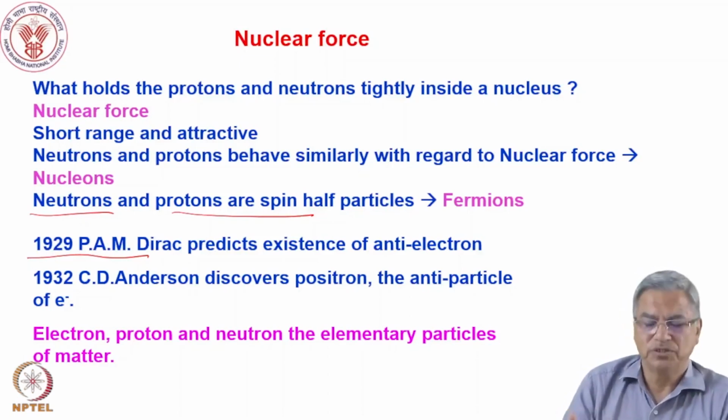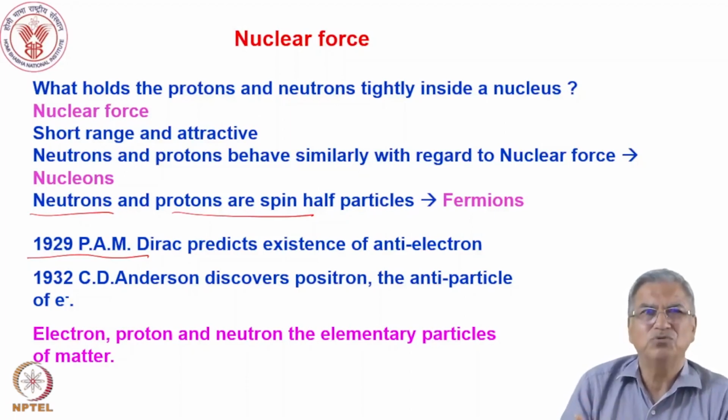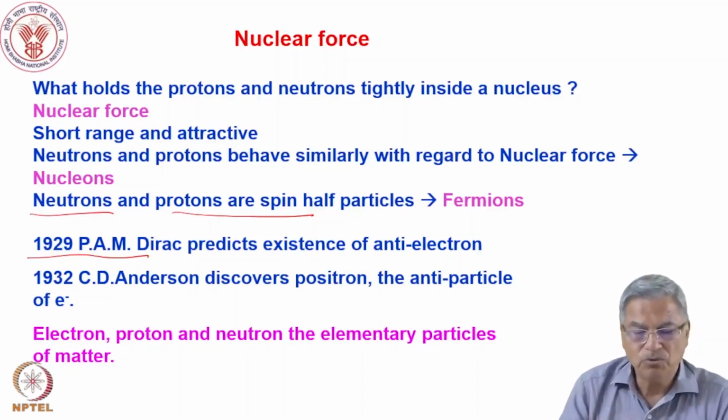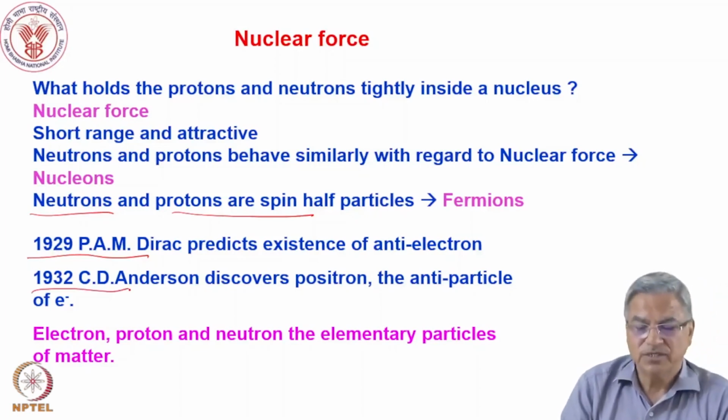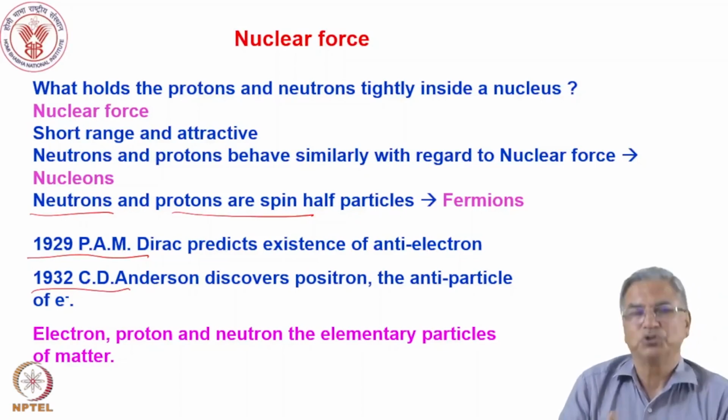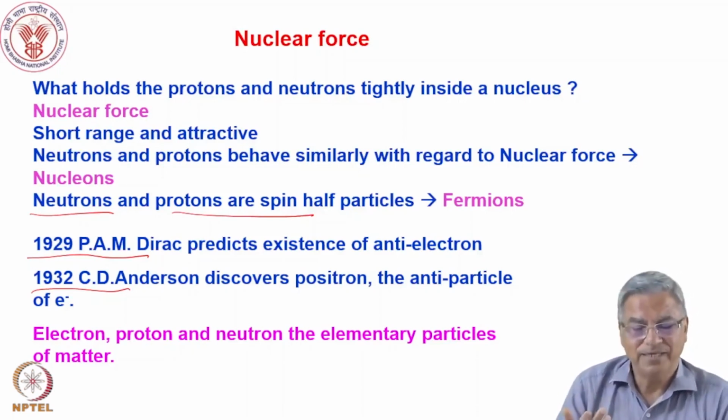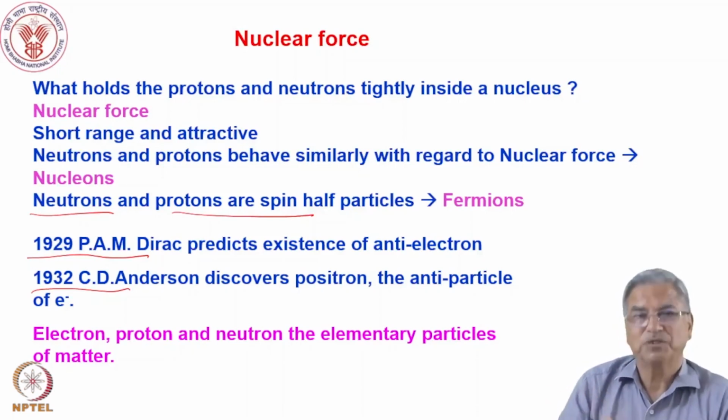The positive solution is the electron, and the negative solution is the antiparticle of the electron, called the positron. Subsequently, in 1932, C.D. Anderson discovered the positron. Gradually we will see that every nuclear particle has an antiparticle, which becomes important